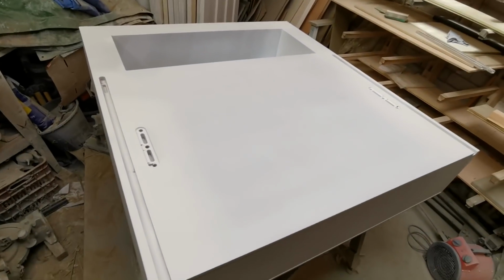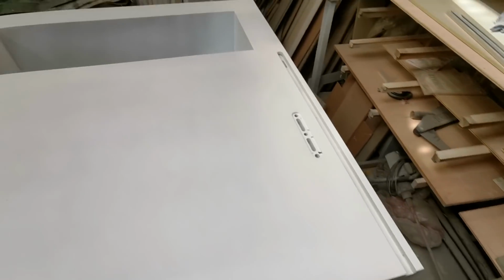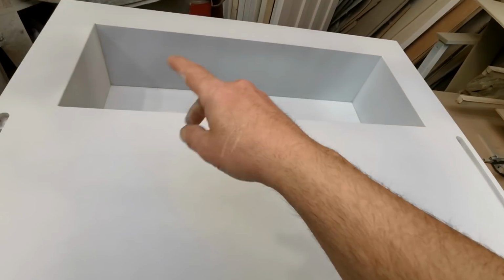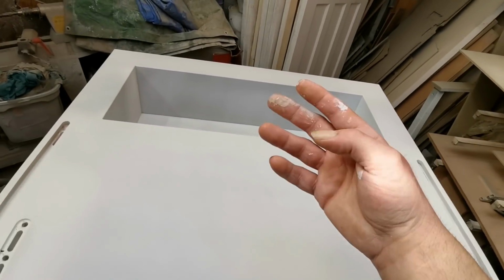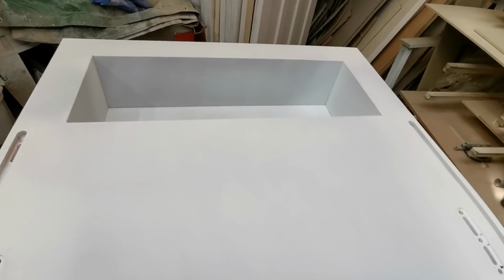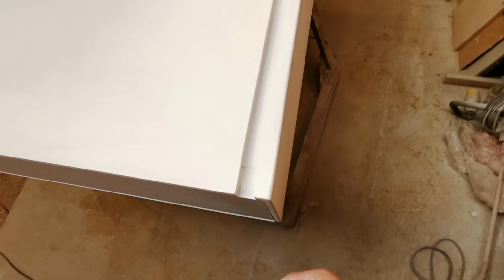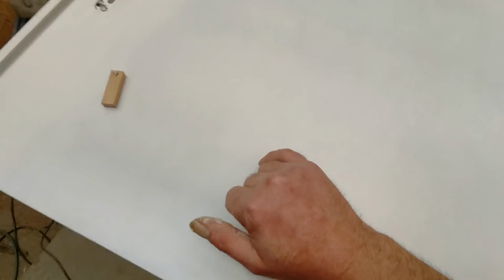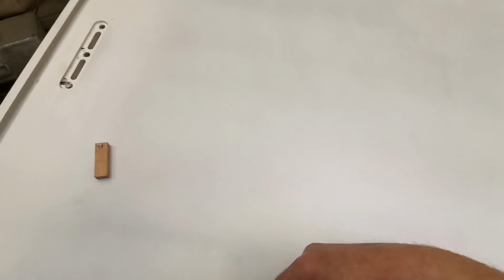Right, I left that about an hour. I was reminded when I sprayed that to spray this inside bit first. I've left the back, I've screwed the back on so that I can stand it up and spray it from both sides when it comes to it. I filled these little bits. You have to fill them when you're spraying, just tiny little pinholes sometimes, because like normal paint,